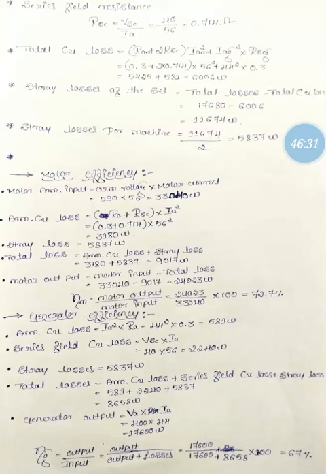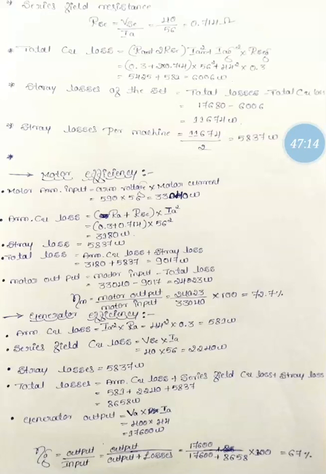Now let me consider the motor efficiency. Before calculating the motor efficiency, we must know the motor armature input. This is the product of armature voltage and armature current, so 590 into 56, that is 33,040 watt. Then the armature copper loss is to be calculated. Again both the windings are in series, the armature winding as well as the series field winding, so these two resistances are considered, that is the sum of RA plus RSC into IA square, the armature current. Then we get the armature copper loss as 3180 watt.